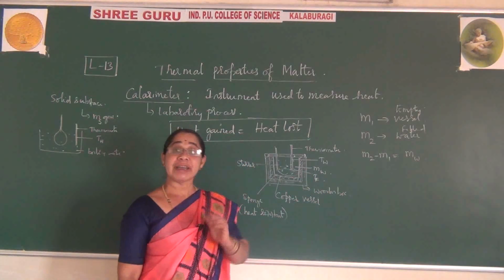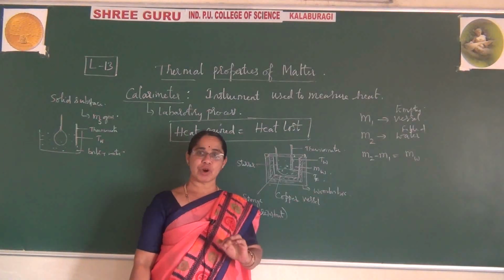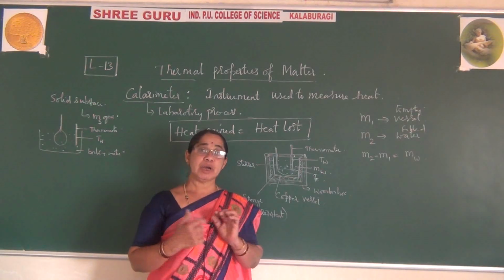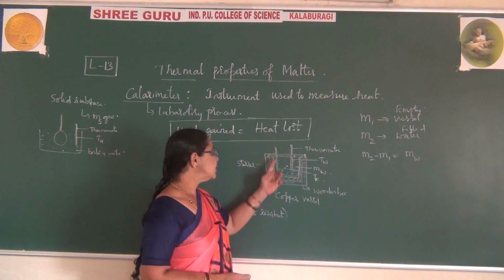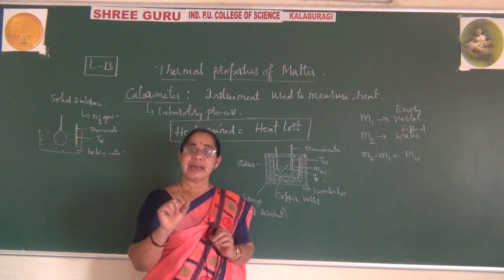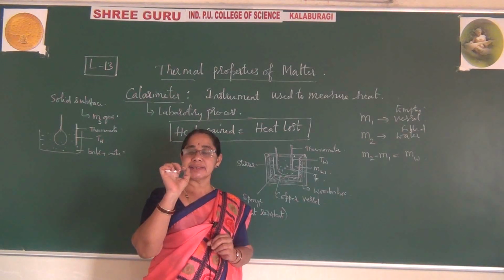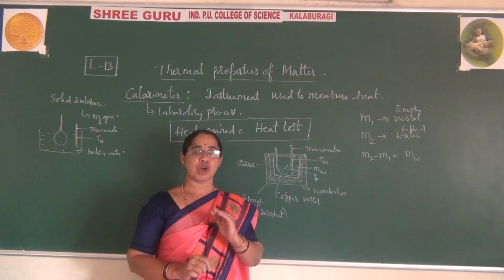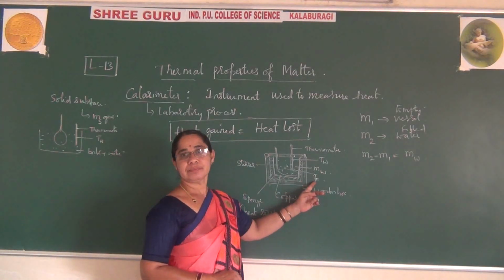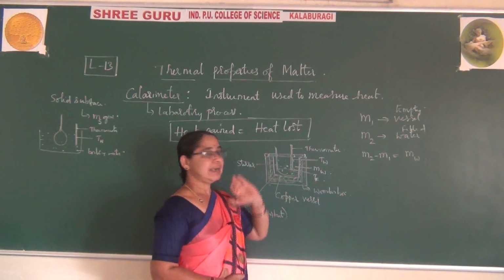What is this Tf? Final temperature. It means earlier we had the initial temperature of water. Now we have put the solid into it, due to which what happens? Because of the hot solid substance, and as and when we are stirring with the stirrer, the heat spreads through the water and the temperature starts rising in the thermometer. It will rise, at some point it will stop, and that temperature we note down as T final. So this is one step we are following here, the final temperature.